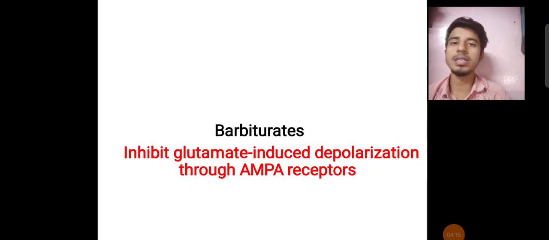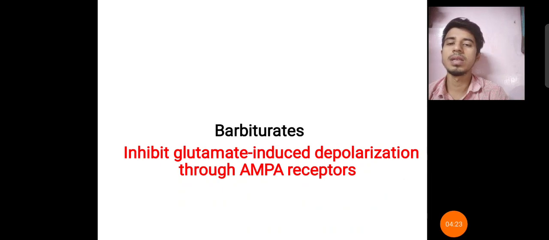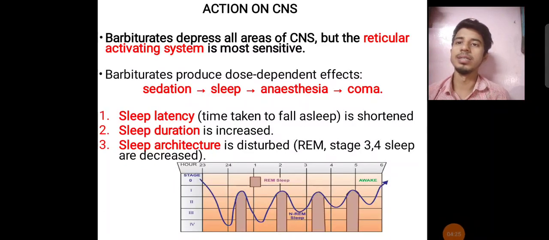And the third one is barbiturates inhibit the glutamate induced depolarization through AMPA receptors. Let's see further. The action on CNS. Barbiturates act on CNS. First of all, it shortens the sleep latency. When you go to sleep, the time between going to bed and falling asleep